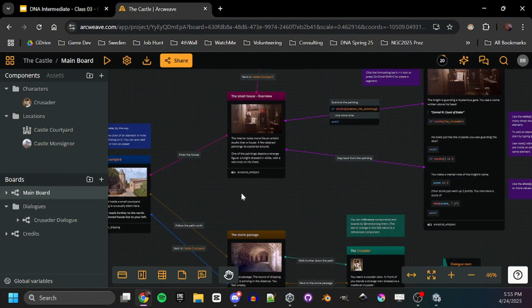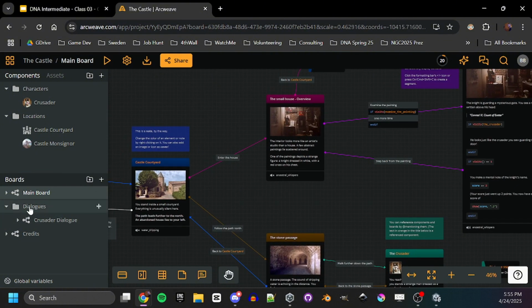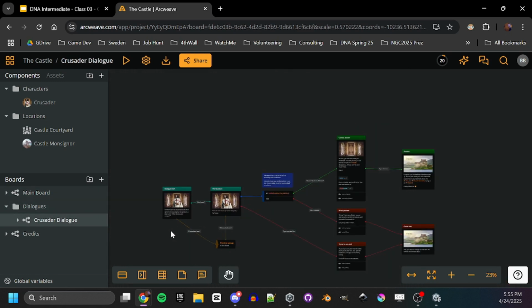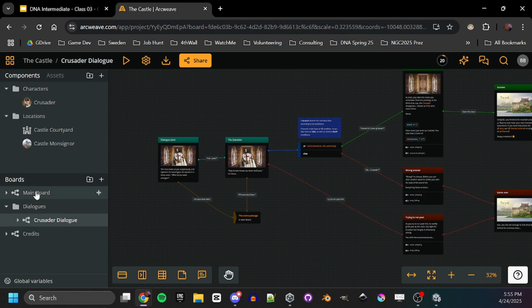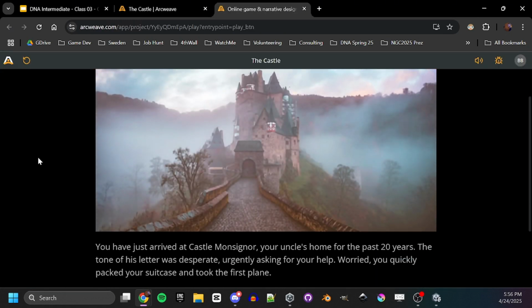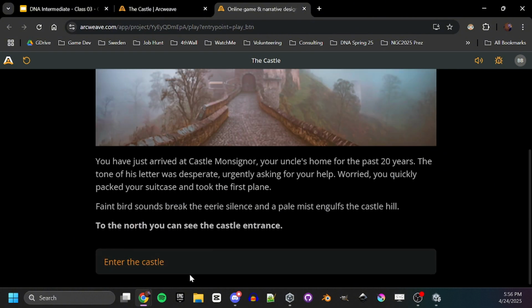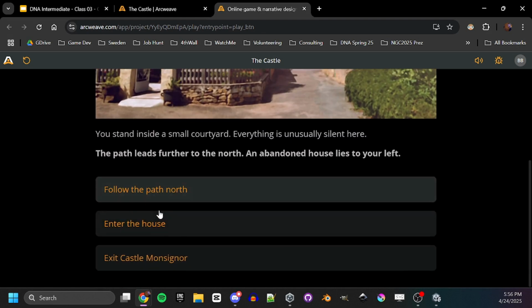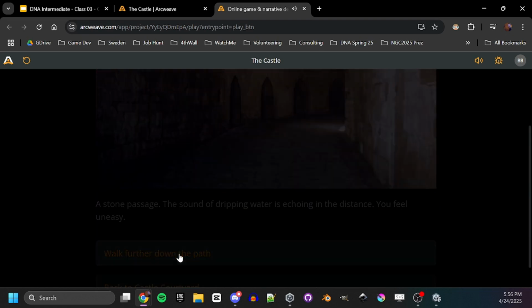And so this one actually has a main board, and it has a couple of other sub boards that you go to. So for example, if I were to start this thing and play it, it says, you've just arrived at the castle. To the north, you see the castle entrance. Enter the castle. So now you can decide to follow the path north, enter the house. And so you follow the path north and go further